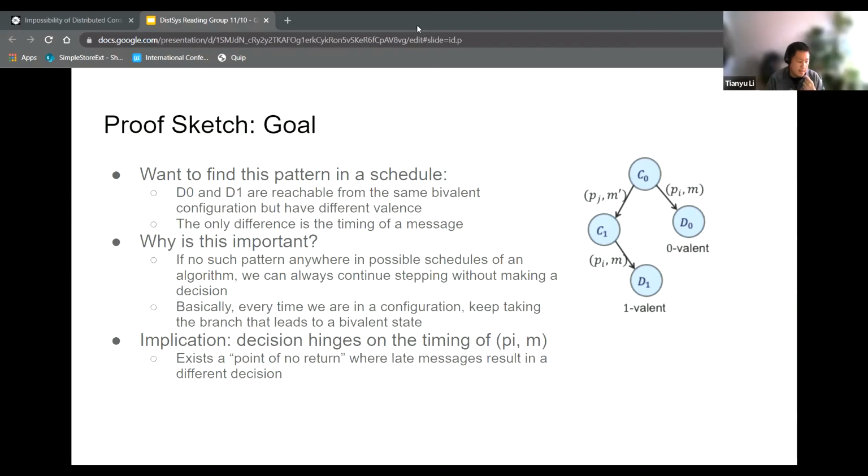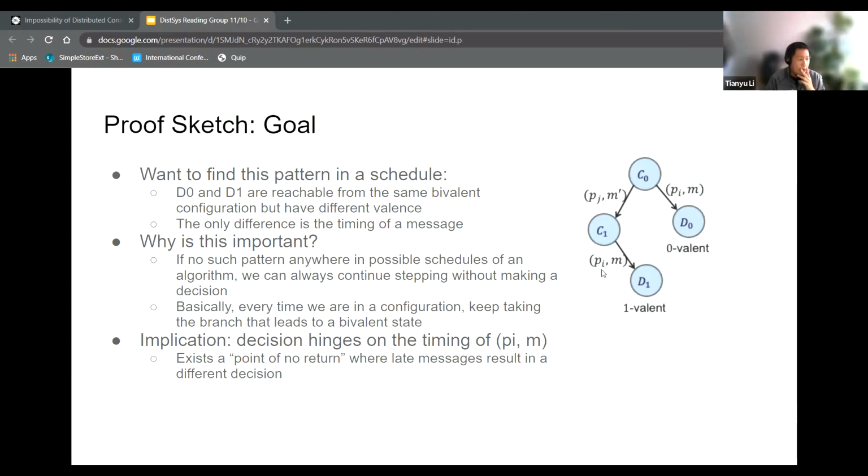So let's unpack this a little bit. Can people see my cursor? Yes. Okay. So let's say we have C0, and from C0 we can reach two different decisions, one 0 and one 1. Obviously, without loss of generality, we can flip those around. The interesting thing here is that the same message got delivered, which resulted in the decision being made. The only thing that's different is the timing. If I take another step, or equivalently several steps, we'll talk about that later,